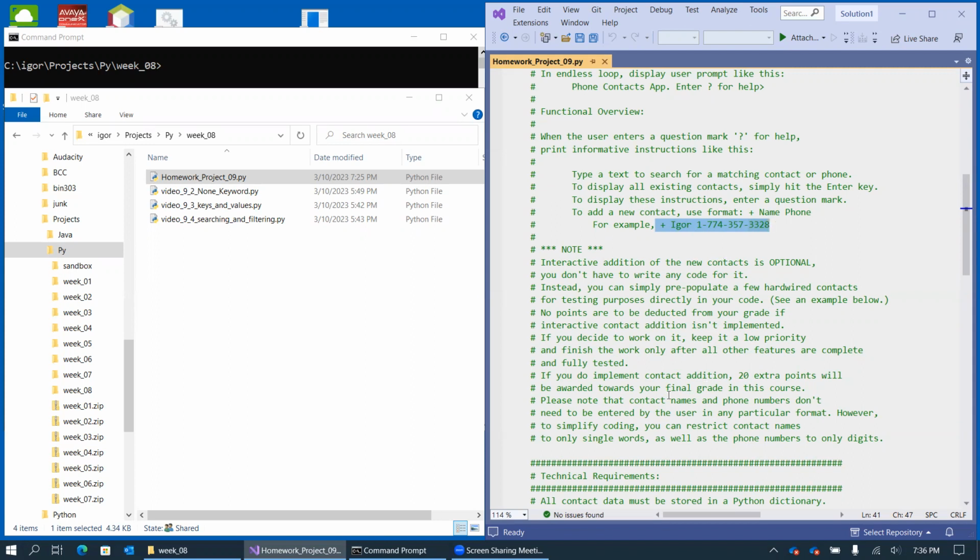However, if you do implement contact addition, 20 extra points will be awarded towards your final grade. Note that contact names right now, as we have them, are not restricted to anything. They can have alphabetical characters, punctuation, numerical values. But if you decide to implement this addition part, which is optional,